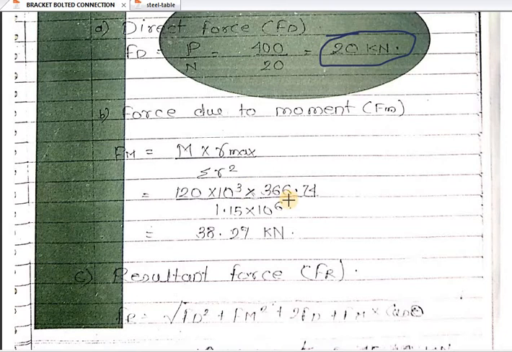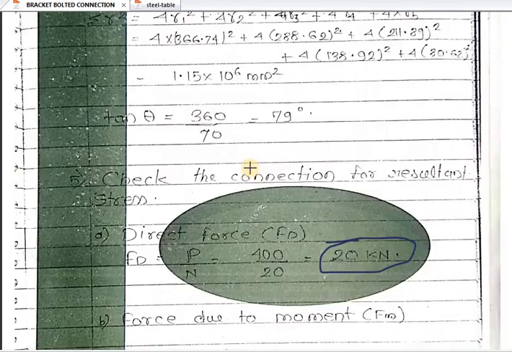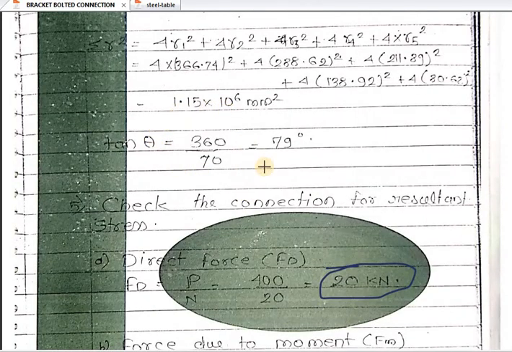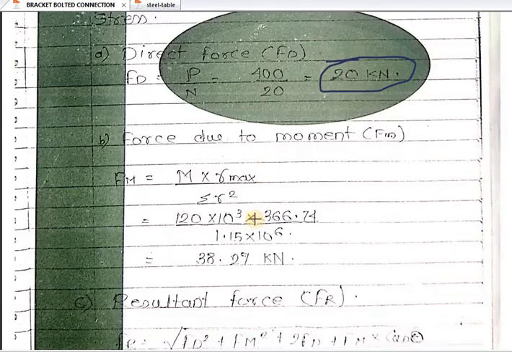R max is 360 mm. What about the summation of R square? In the present way we have calculated R square as 1.15 × 10^6, so again 1.15 × 10^6. So after our calculations the moment is calculated as